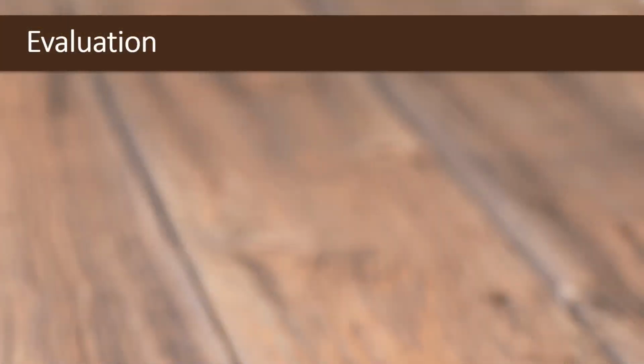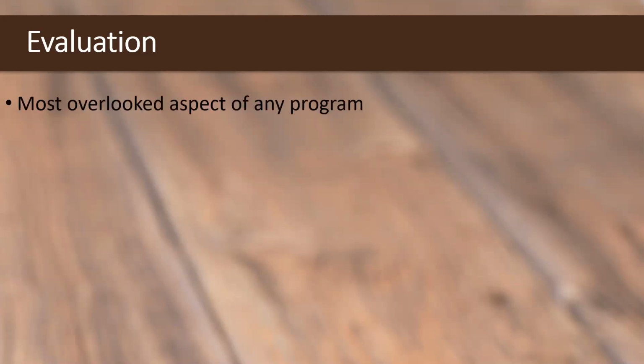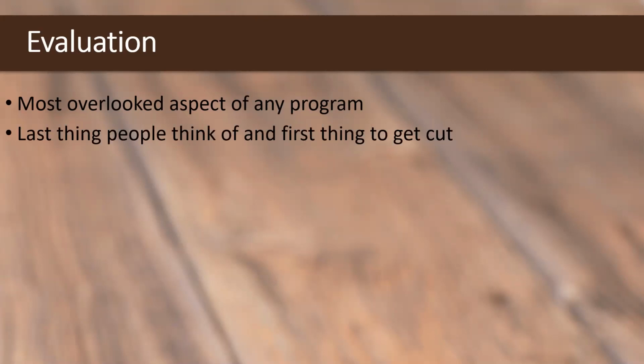This segment, we're going to be talking about program evaluation. If you watched the first segment on objective setting, you remember that I said that setting objectives may be the most important part of planning any program. And if that's the case, then I would say that evaluation is certainly the most overlooked aspect of program planning. It seems like evaluation is the last thing people think to do, and it's the first thing that gets cut